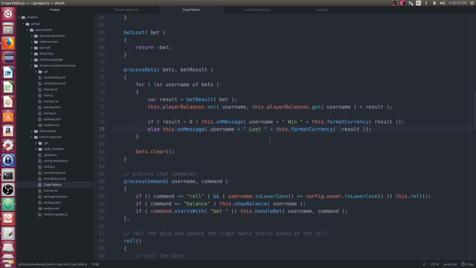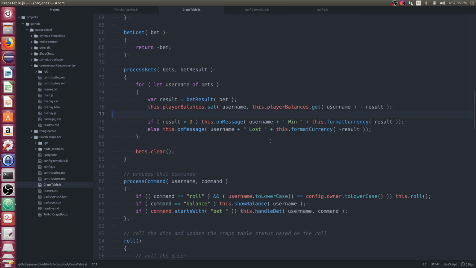So they're still losing, but we need to negate the results so we don't output a negative value. So I think this is good enough.